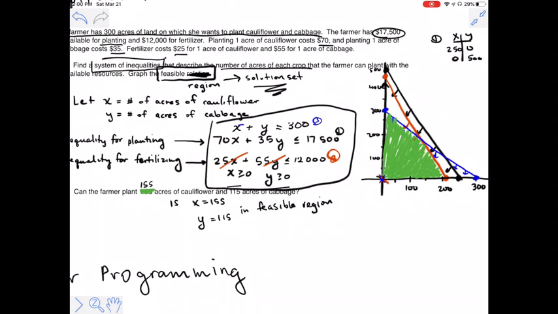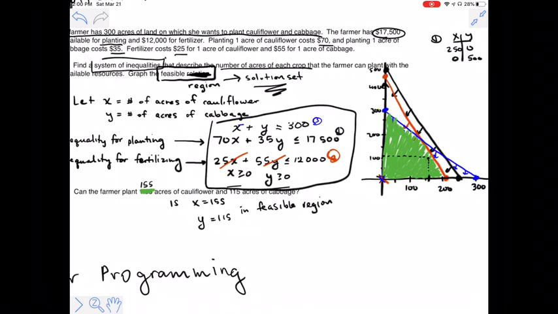So I've got to figure out, is that point in the feasible region? 155 for x is about right here, and 115 for y is about right here. So those two intersect right about there. So it's in the feasible region,